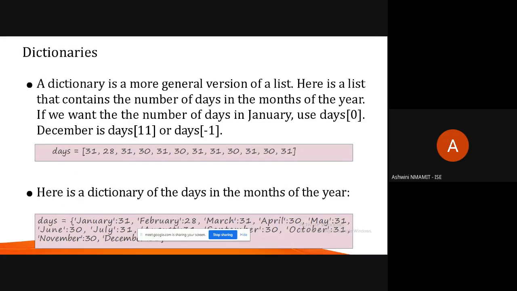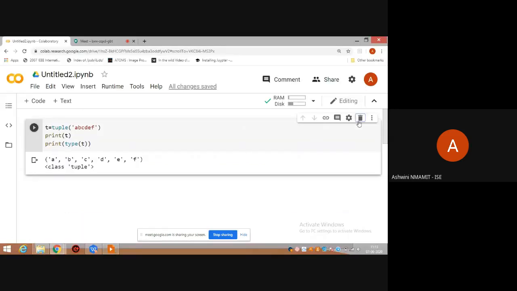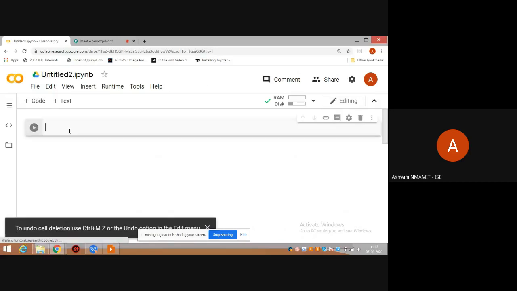what is the name of the student with the USN 8. But then dictionary helps. How does dictionary help in this matter? So in dictionary we have a key value pair. So dictionaries are always enclosed within curly braces and have a key value pair. We delete this and demonstrate the dictionary.